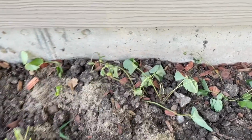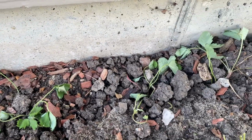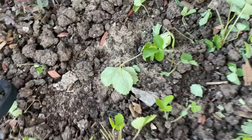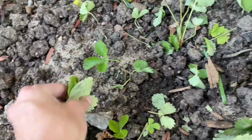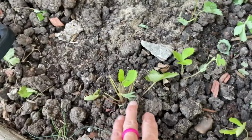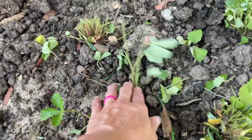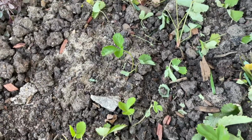Back here are some little ones that were babies off of the mother plants. So I'm going to see how those do back towards the wall of the house. And then there's some more up here, and these ones actually look good. It's hard to tell because I cut some of this away, but this one looks pretty good. That one looks pretty good. And they're just smaller. So I'm gonna see if that is the issue, that I should not have transplanted such big ones, or maybe done it in the spring when they...